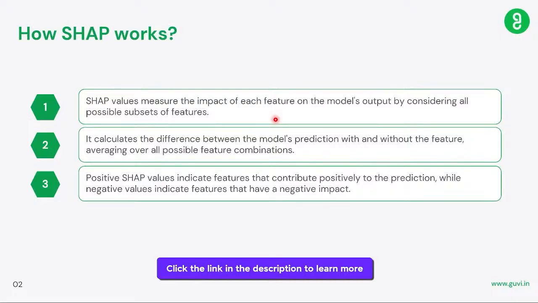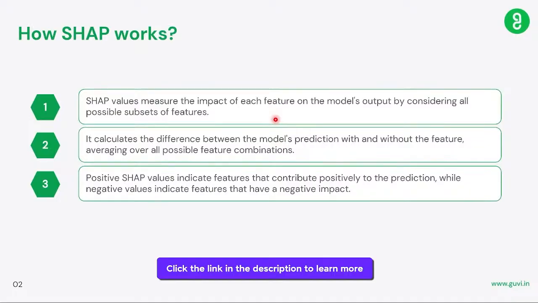This comparison is made over every possible combination of features, resulting in a comprehensive assessment of each feature's importance. The key concept behind SHAP values is to quantify the difference in model predictions when a particular feature is included or excluded. By averaging over all possible feature combinations, SHAP values provide a robust measure of feature importance that accounts